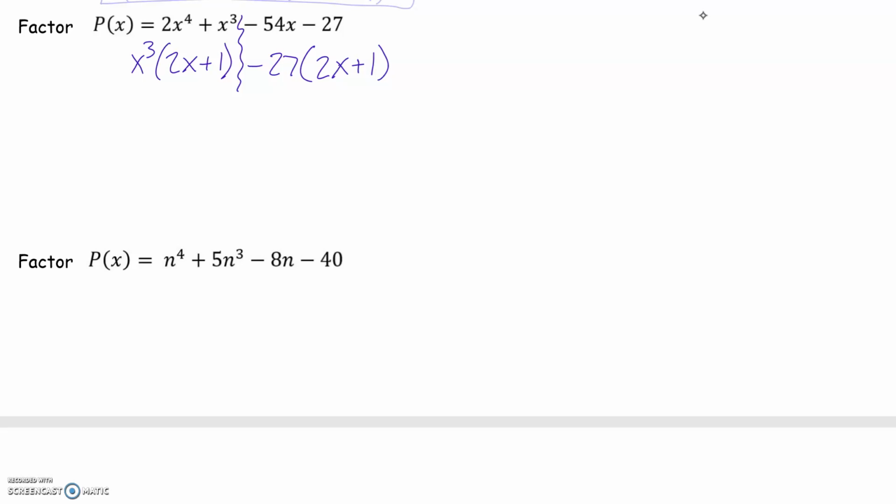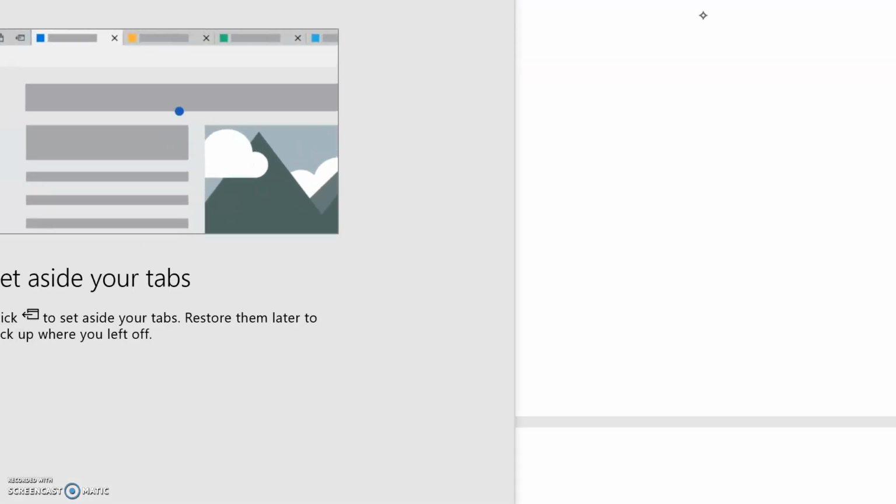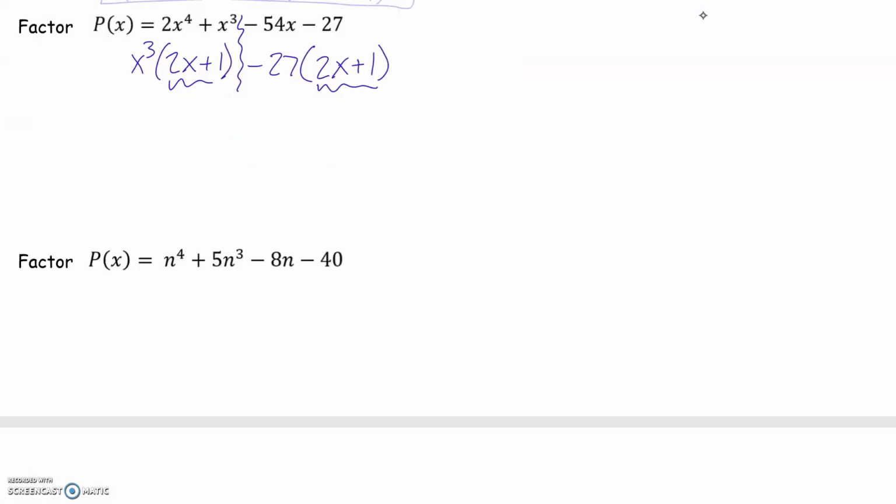All right, now looking at these binomials, if they are not the same, you need to take a step back and see if something else needs to be factored out, or see if you went a little too far or you have a math error, because 9 times out of 10 you might have one of those if it's a 4-term polynomial. All right, so at this point I do have 2 terms that are the same,